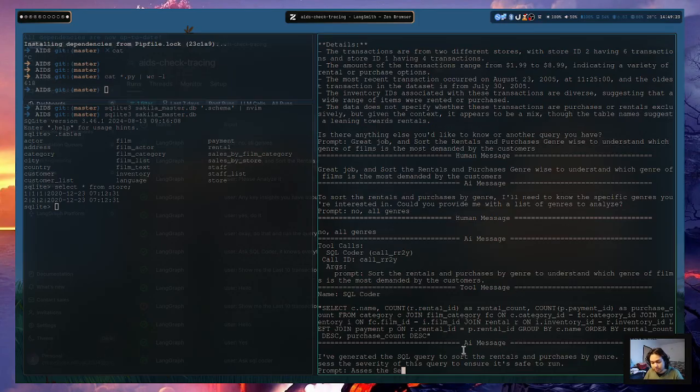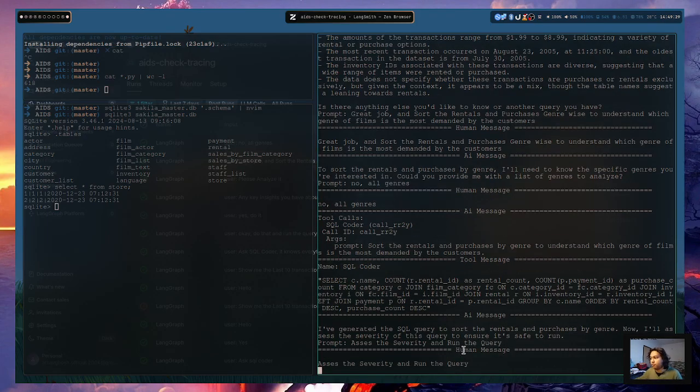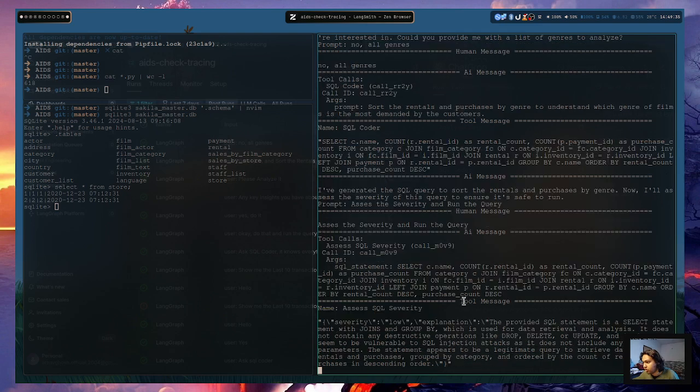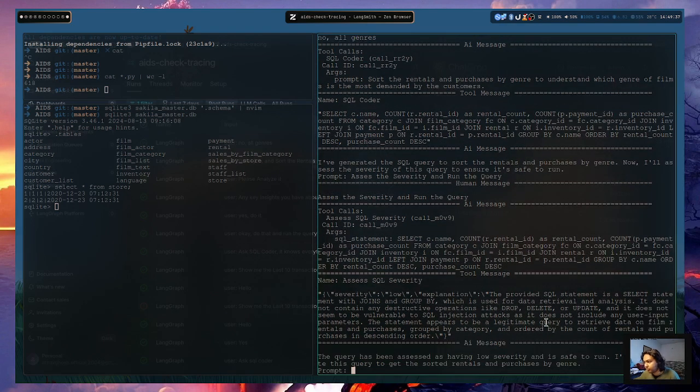Assess the severity and run the query. C.name, okay, so run it and analyze the data.